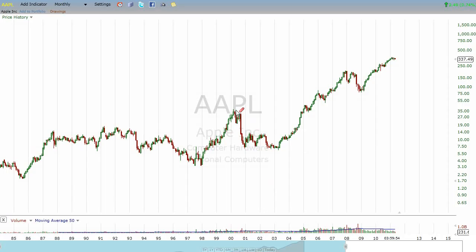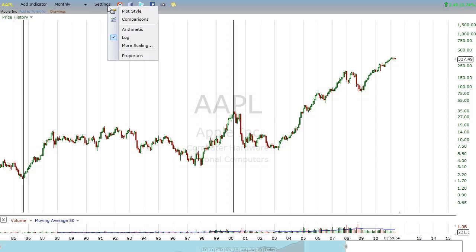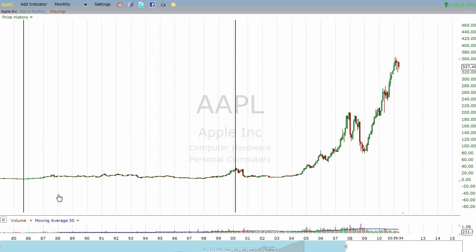So I'm looking from here to here. Tell you what, let's snap a vertical line. There's that low. There's that high. And again, if you had bought back here at about $1.80, you would have been up to $34 a share right here. All right. But watch, when you look on an arithmetic chart, it looks like, well, that's just some little bump there. That's not just some little bump. That was your stock that just went up 18-fold from here to there.